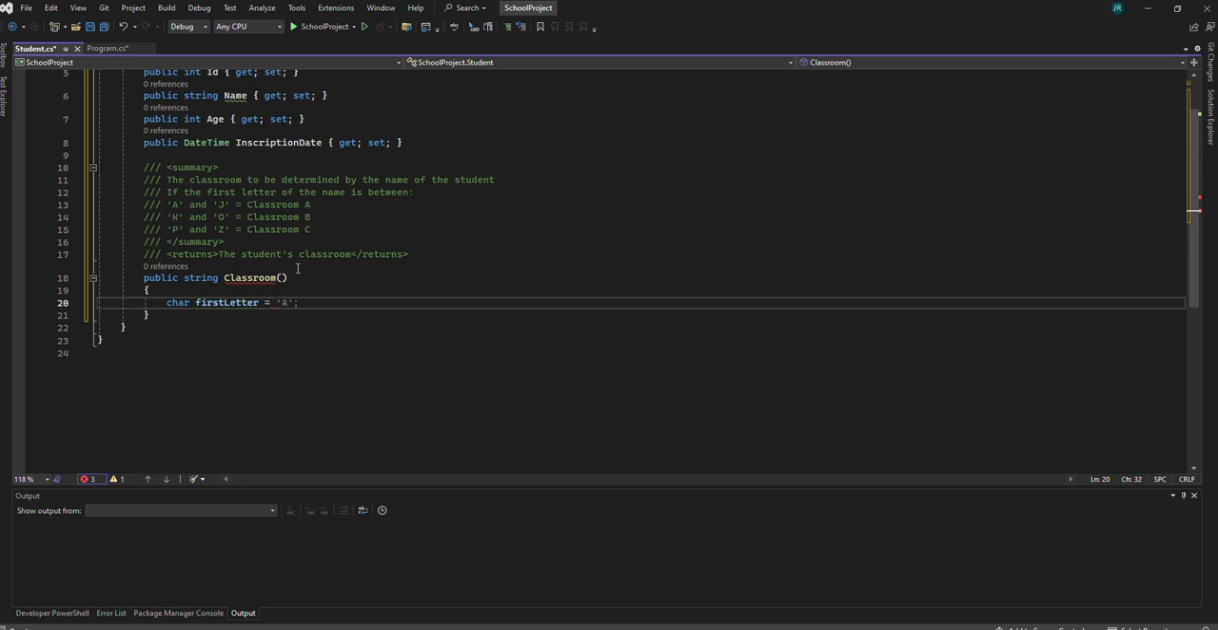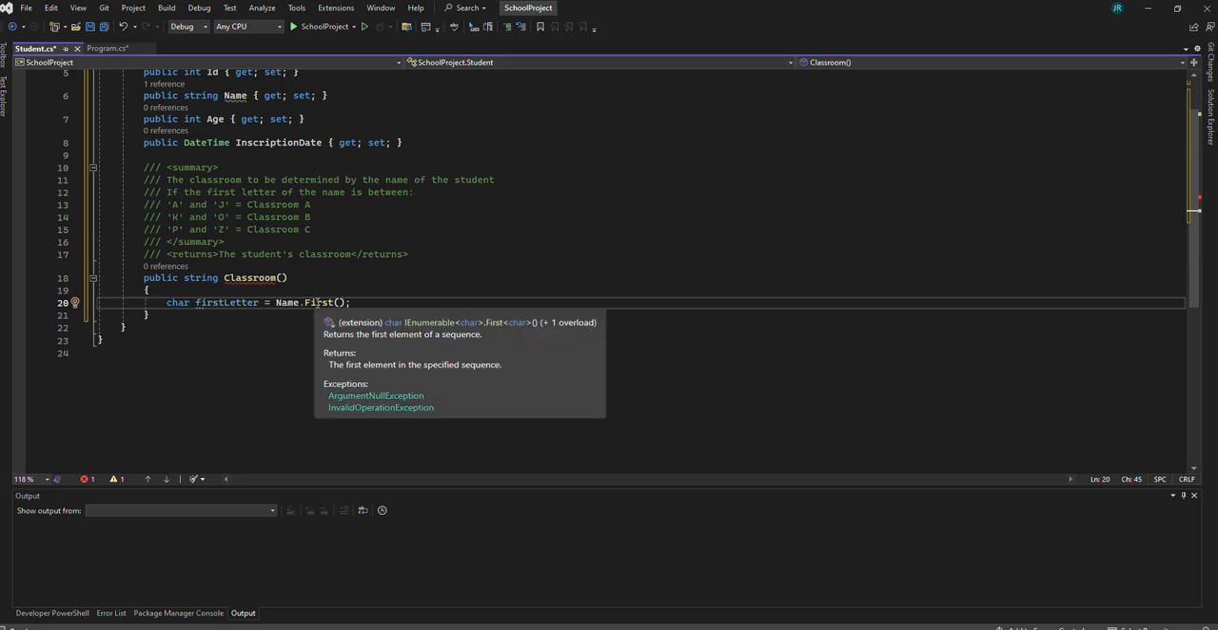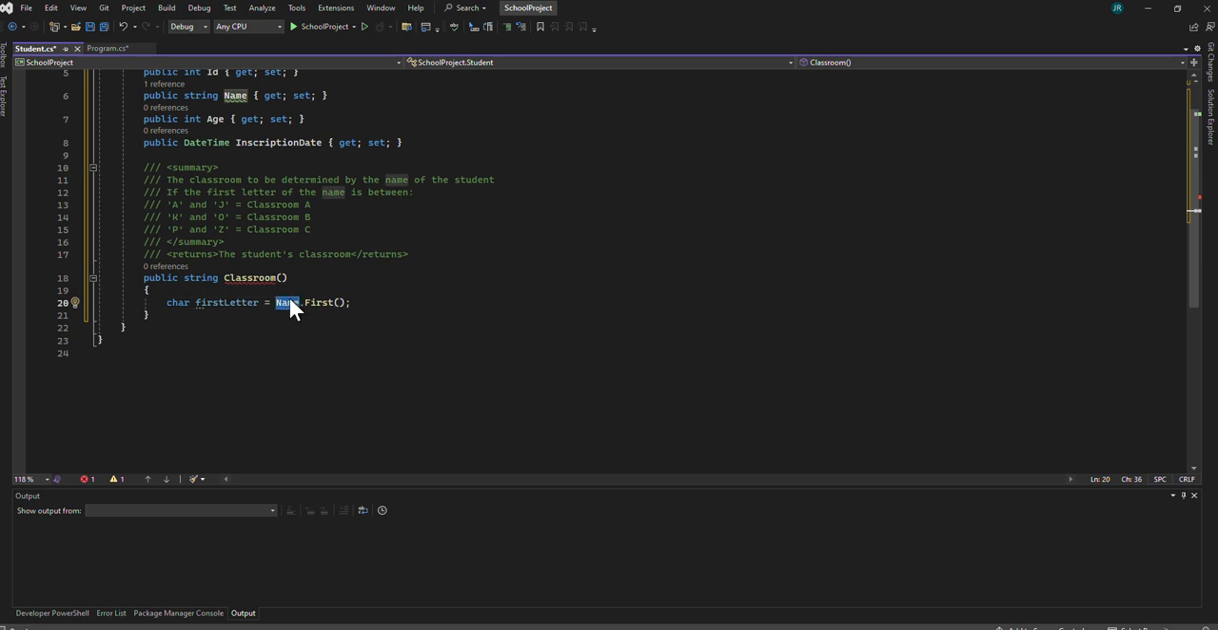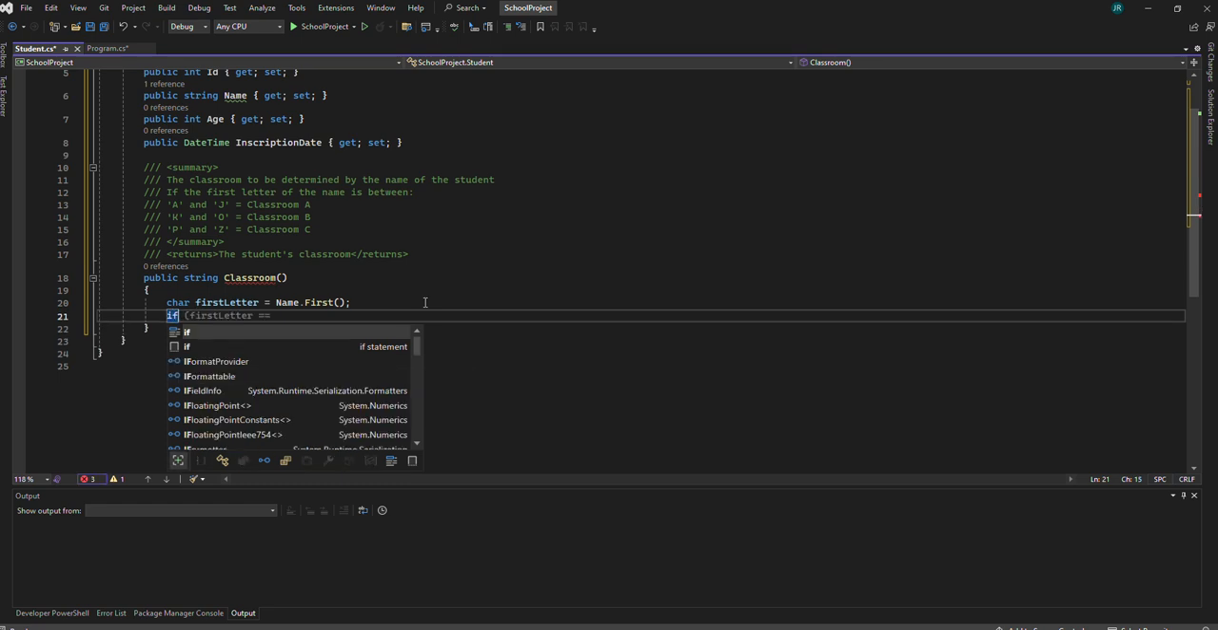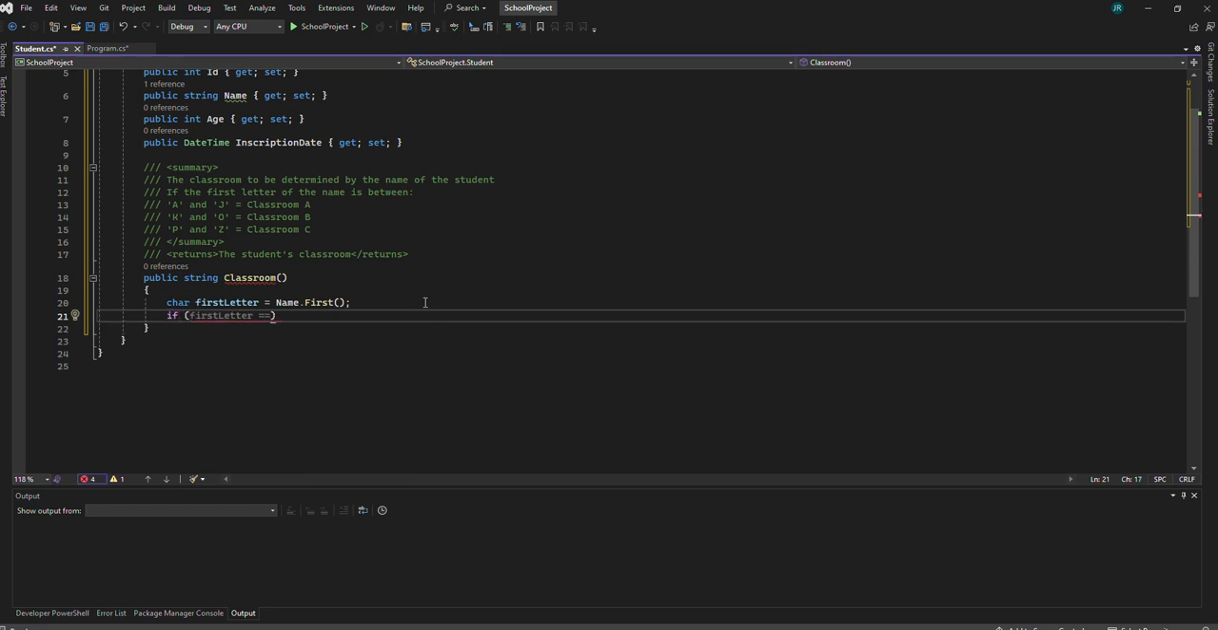It will be equal to our variable name dot first. That will get from this data structure, which is a string, that is basically a collection of characters, the first character listed here, and it will be assigned to this variable of type char. Okay, and then we can start creating an